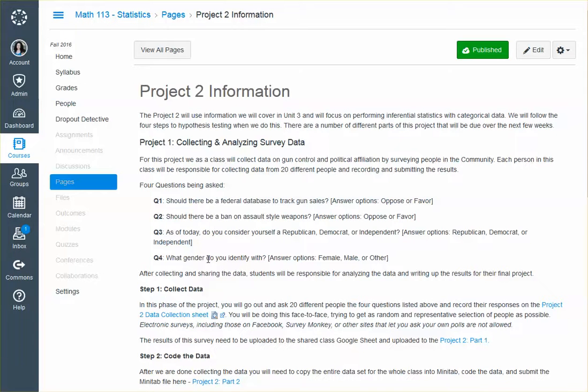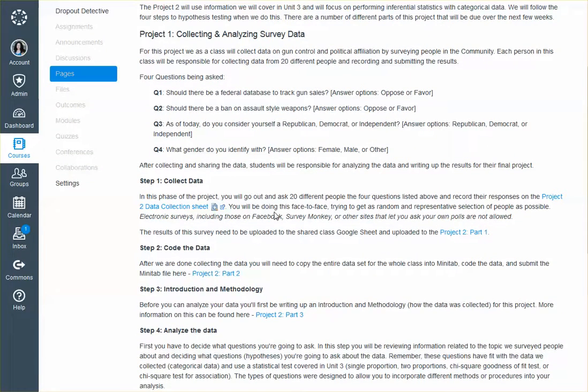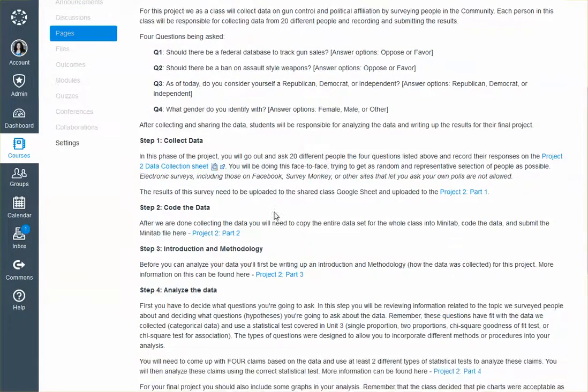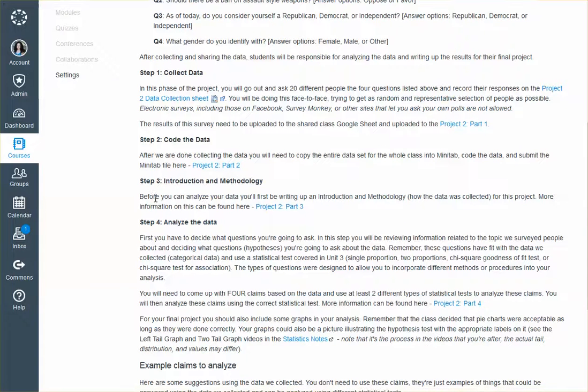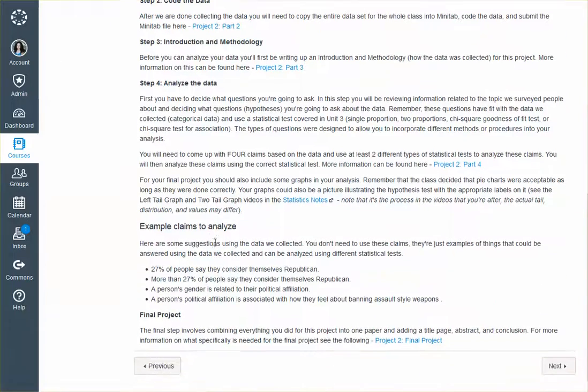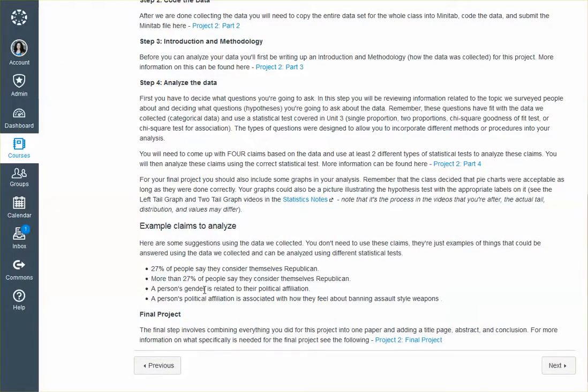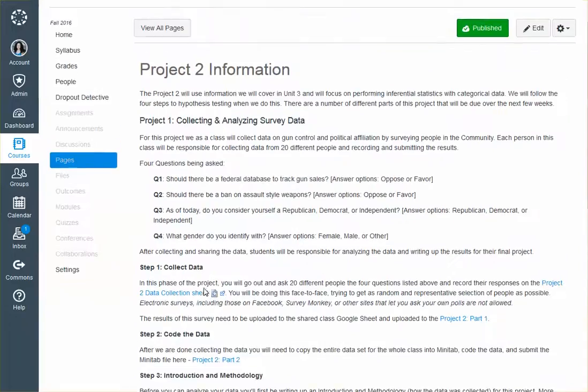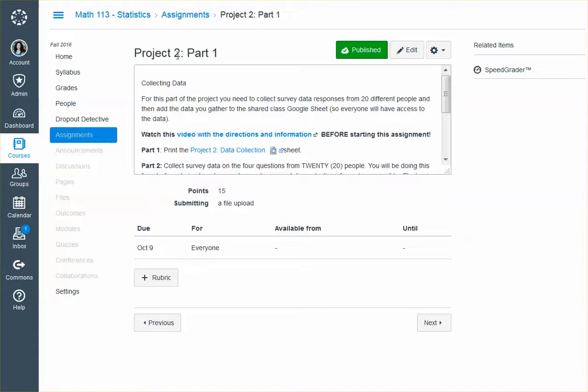And here are the 4 questions that we're going to be asking people, and I'm going to go into more detail here. We're going to collect the data as step 1. Code the data is step 2. We're going to do an introduction and methodology as step 3. And then we'll analyze our data. And then the last part is just your final project. So there's the information. Now specifically for Project 2 Part 1,